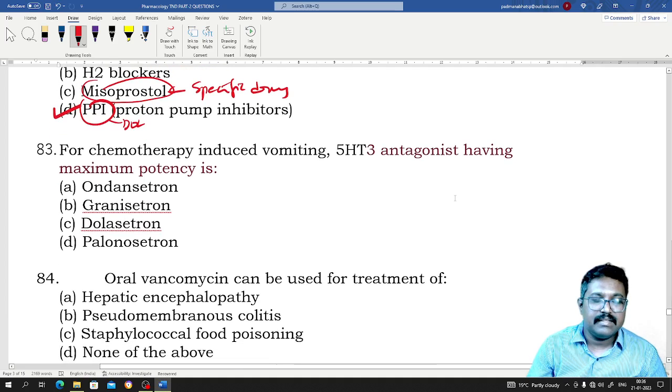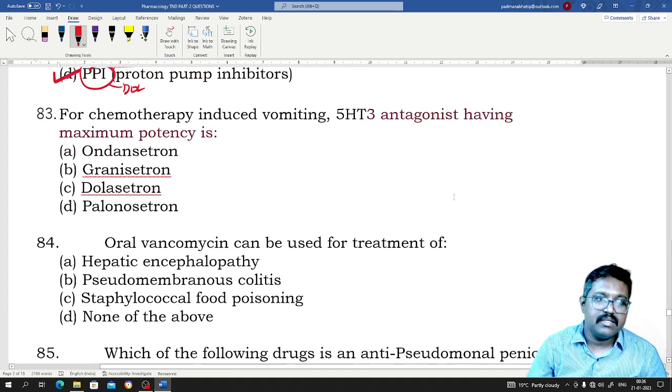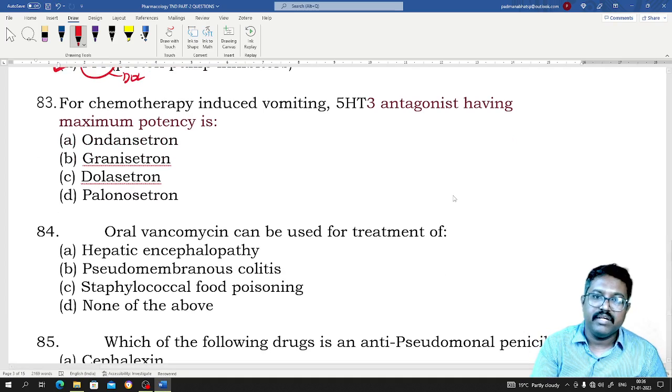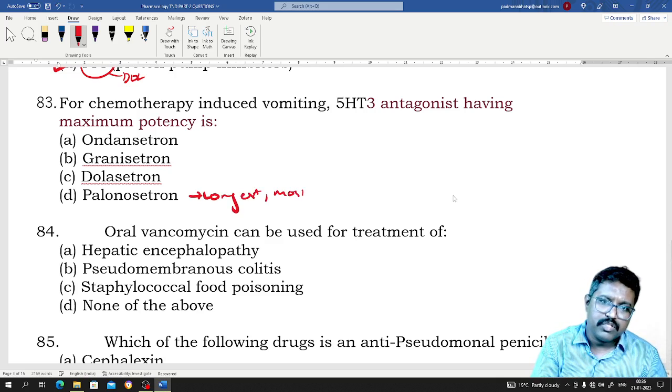So coming to the 83rd MCQ, that is for chemotherapy induced vomiting, 5-HT3 antagonist having maximal potency. So maximal potency, all are the 5-HT3 antagonists only. The maximum potency will be seen with the palonosetron. It is longest acting as well as the most potent one. Most potent. Ondansetron has got the shortest